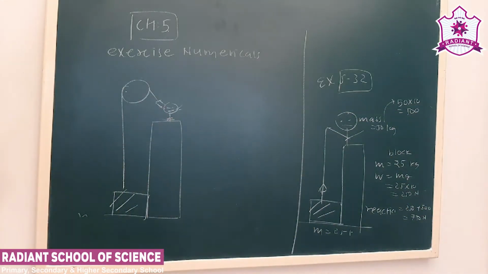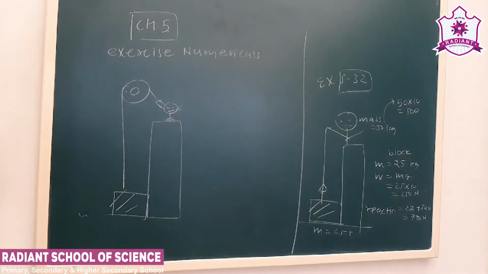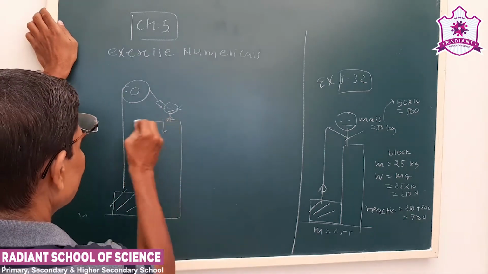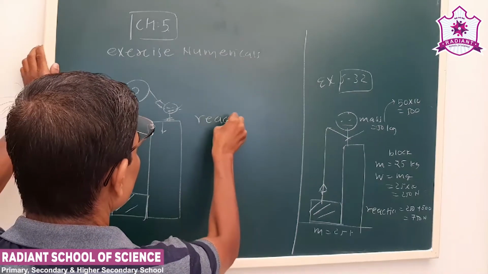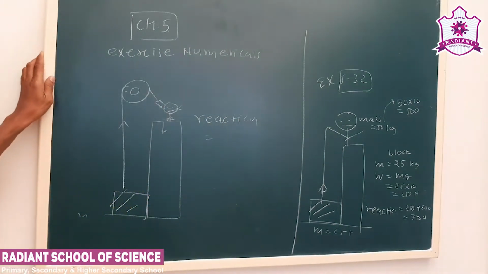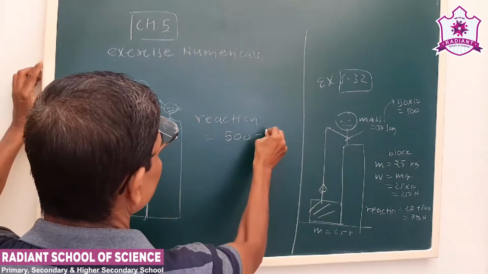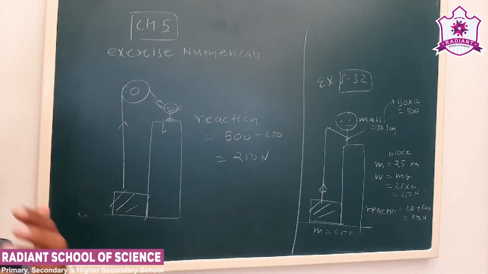Now secondly, when he takes the help of a pulley, all of you have seen the pulley, that we have discussed in earlier examples also. So when he takes the help of the pulley, the weight and this tension will be in opposite directions. So in that case, the reaction offered by the surface will be the 500, that is the weight, minus the weight of the block. This is because of the action of the pulley, why these two forces become opposite in direction. So in that case, you have to apply less force.